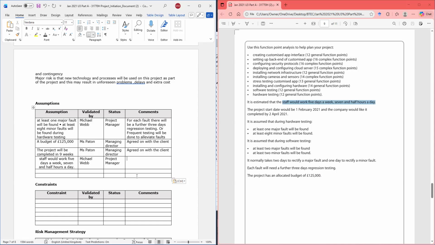So now, because you've already worked out the function points and you've allocated the date, the time and the duration to tasks and also to your staff, you're going to say that all staff has been allocated to their tasks.